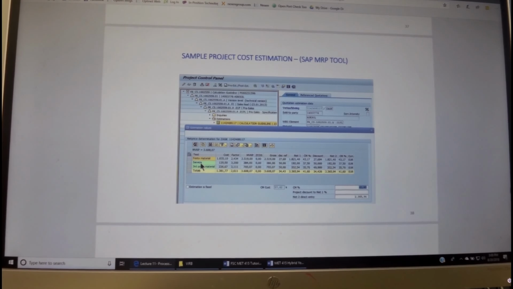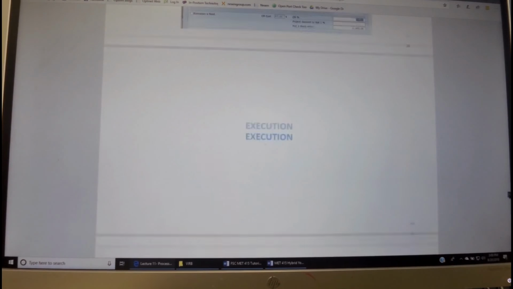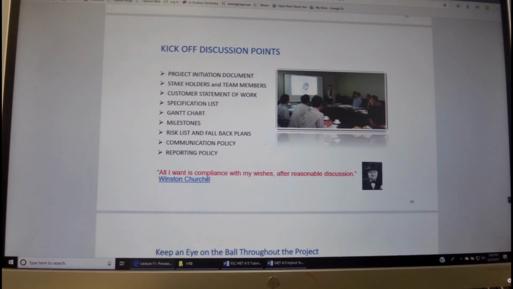And here we have the third-party material. We have service costs, we have in-house material. All of these costs have been allocated over here, and then the bottom line with the gross margin shows and reflects what will be the price that we quote to the customer.